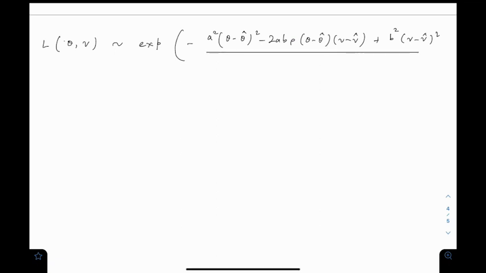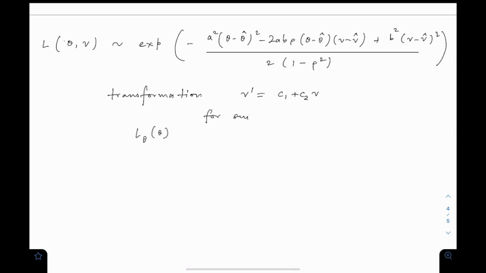We see that right now we can't factorize it, but if we do a transformation, say nu bar equals some c1 plus c2 nu, then with suitably chosen c1 c2 we can have a likelihood function that factorizes in the new parameter pair theta and nu bar, and the transformation can lead to, so for suitable c1 c2,